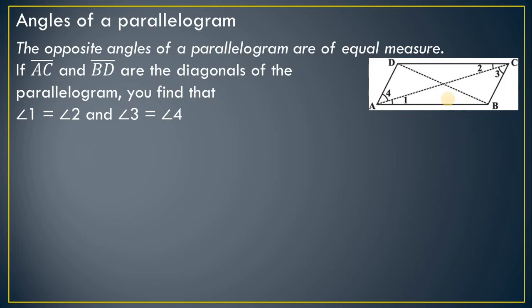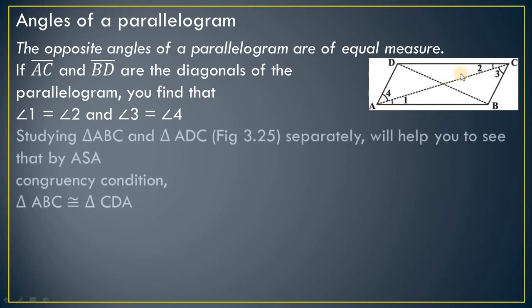So as you know, these are the diagonals BD and AC. So you can find that as they are diagonals, angle 4 is the same as angle 3 and angle 2 is the same as angle 1, and this AC side is common. So in this example, if you talk about the two triangles ABC and ADC, this side is the same, the angle of this is also the same, so they are congruent.